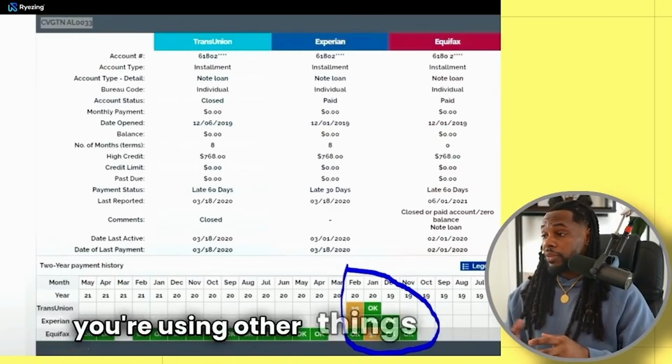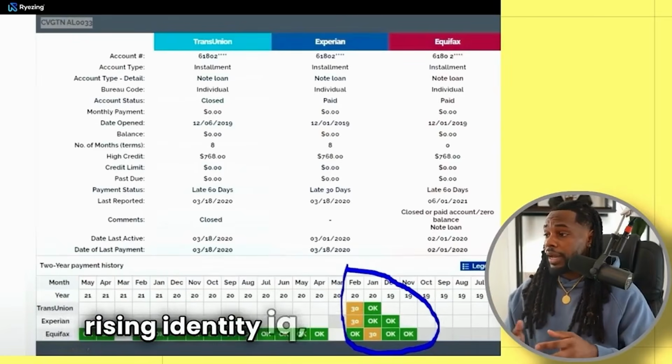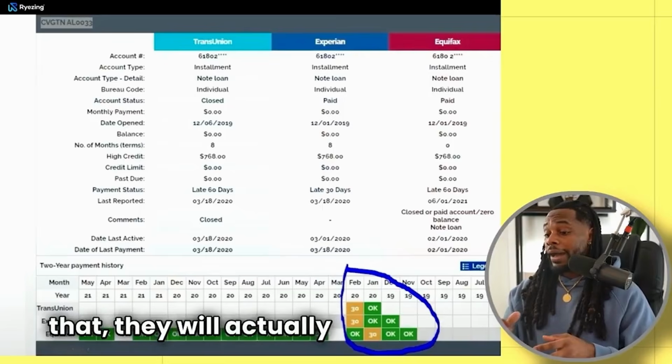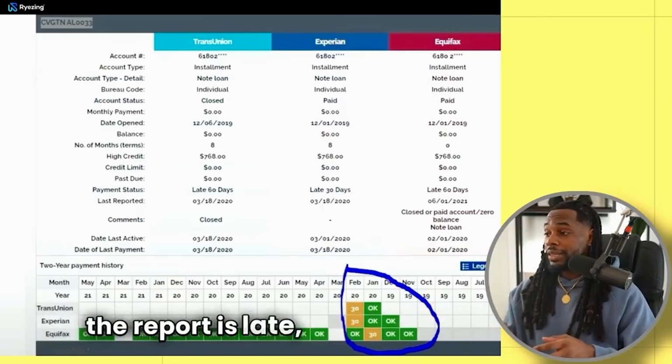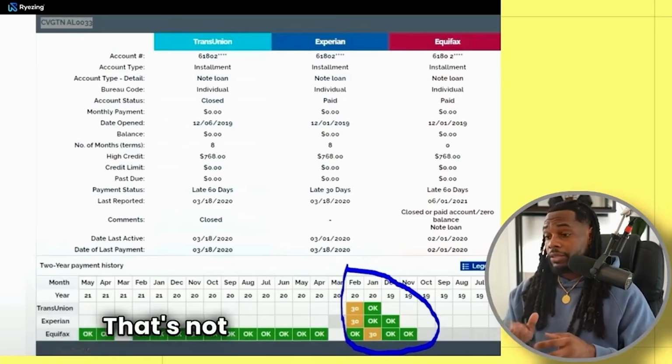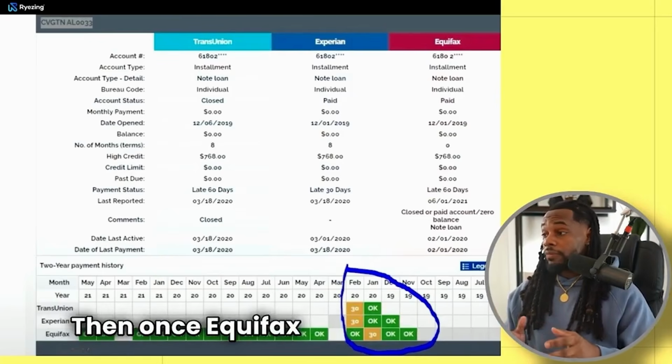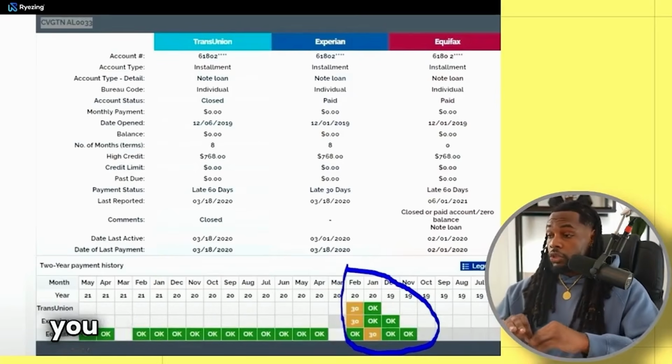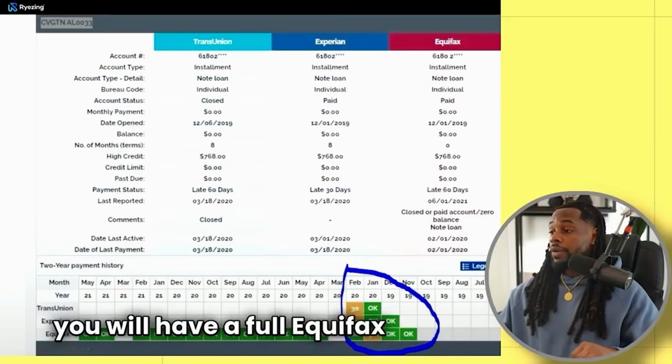But when you're using other things like Ryezing, Identity IQ, things like that, they will actually show once the report is late. And that's really what we need. So I wouldn't worry about that. That's not too important. Then once Equifax updates all of this information, you will have a full Equifax credit report